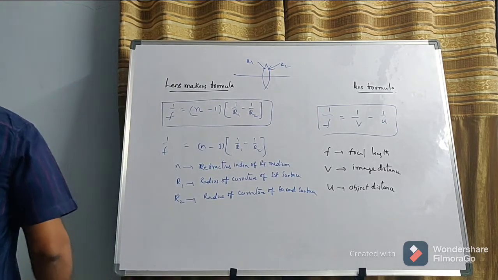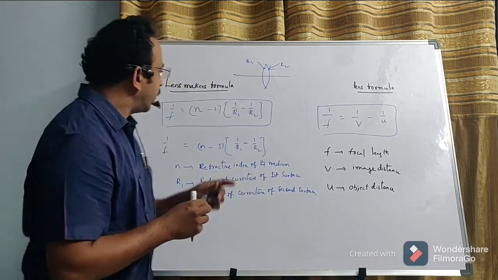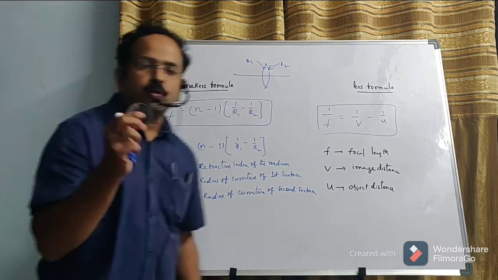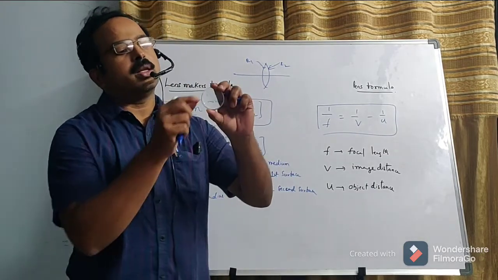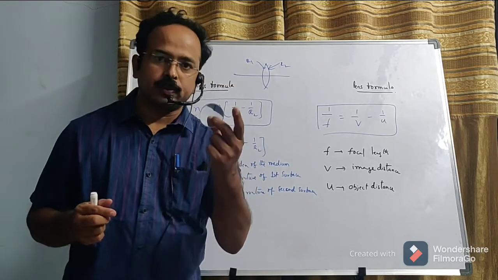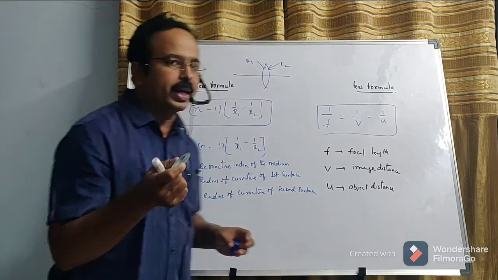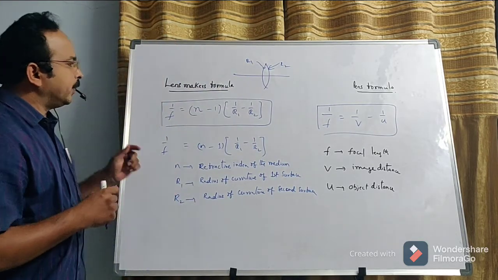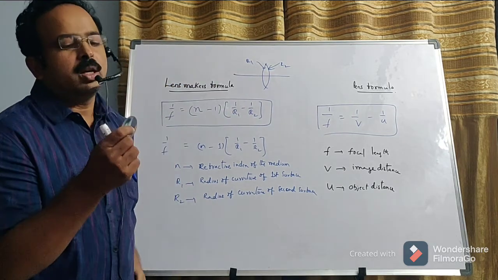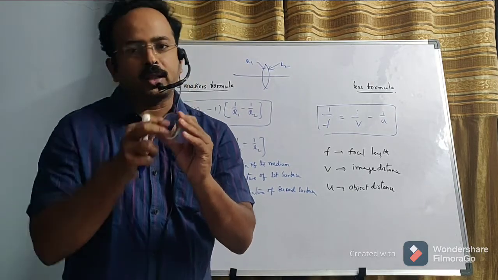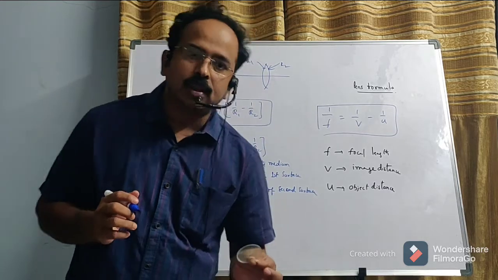Remember very well, for example, this is the lens we have. This medium has its own refractive index, given here as n. The refractive index of glass is around 1.5 or 3/2, and for air it is 1. So this lens is kept in air, where the refractive index of air is 1 but that of glass is 3/2. This is the first surface and this is the second surface, bounded by some region. This is called a convex lens.